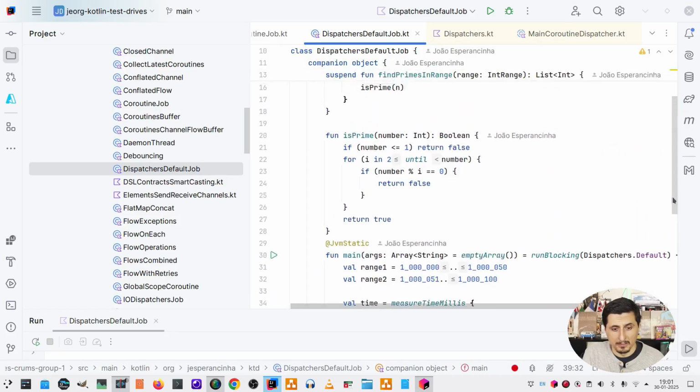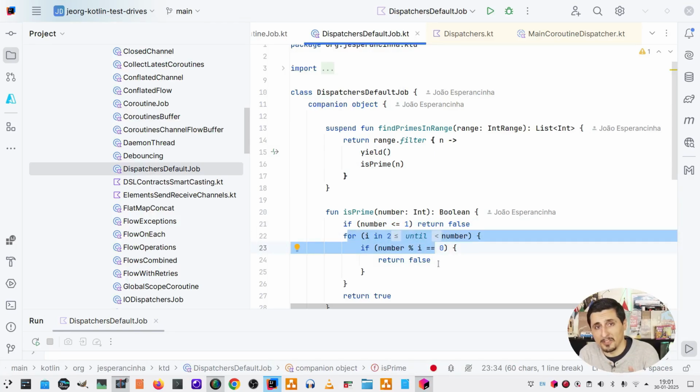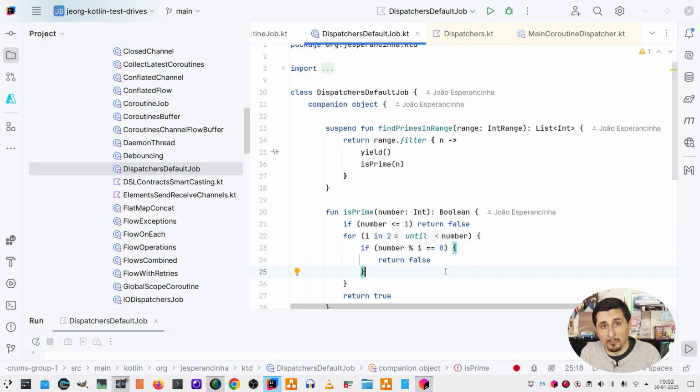When we go up here and find what findPrimesInRange does, we see that it gets the range as an input parameter, and then from then onwards it filters it by the isPrime function. And in the isPrime function you will find a pretty standard way of calculating prime numbers. We can see that if the number is smaller than 1, it returns false, and then it goes through the whole numbers until the number itself to find out if there is any other number that can divide fully the number received as an input parameter. And in that case, if none is found, then it returns true,